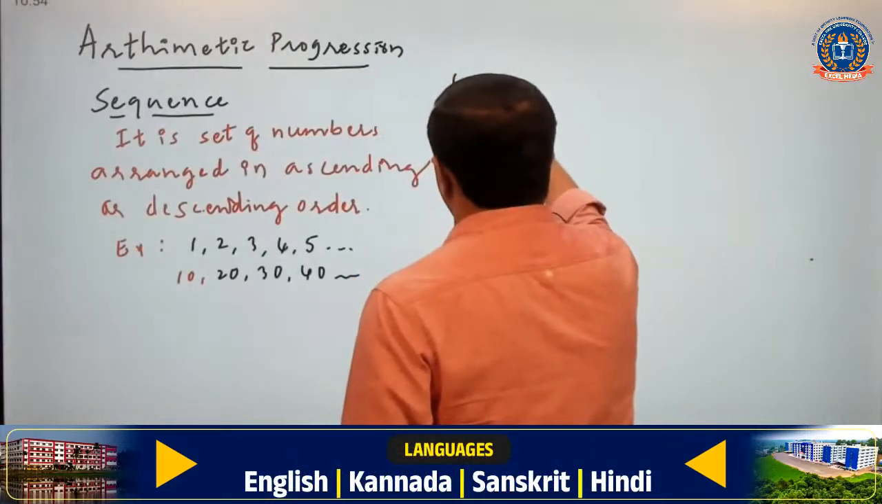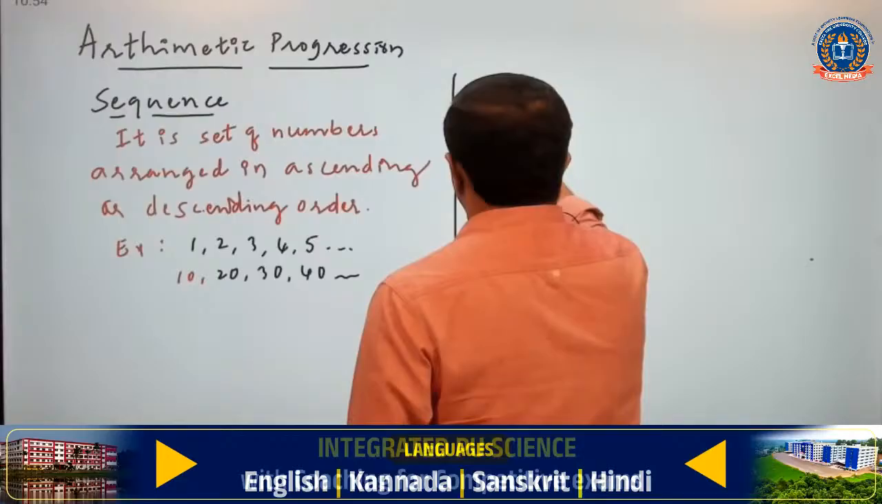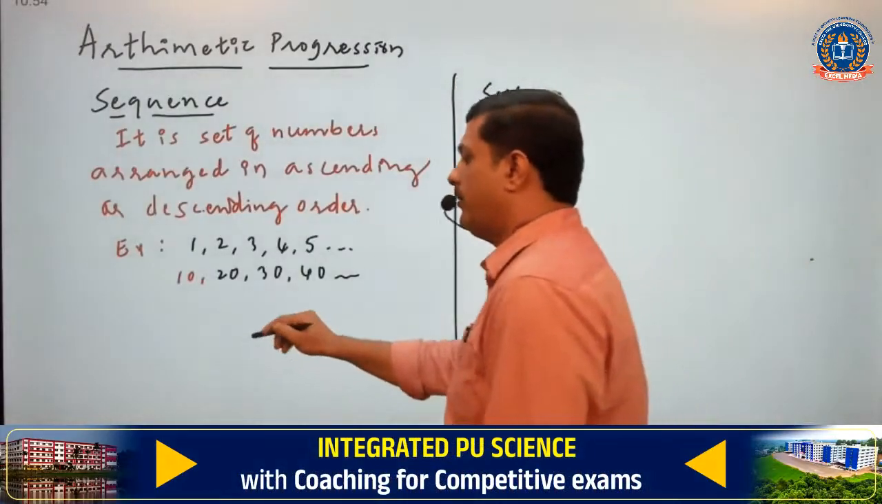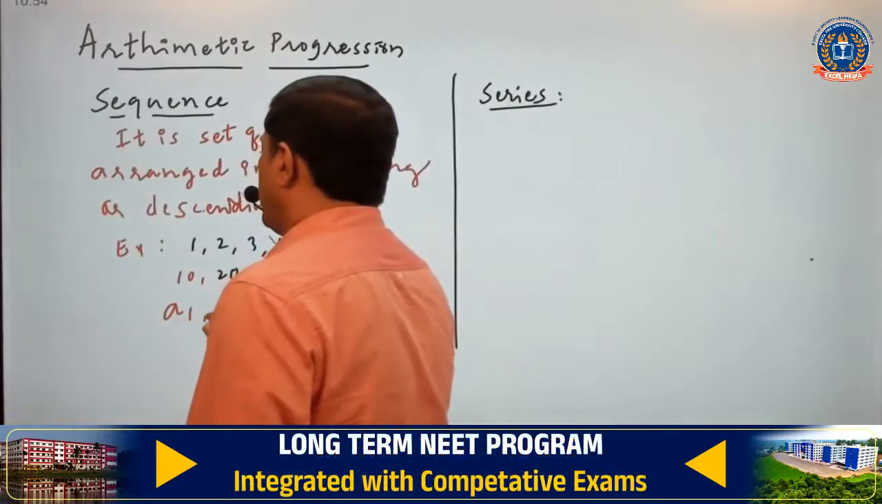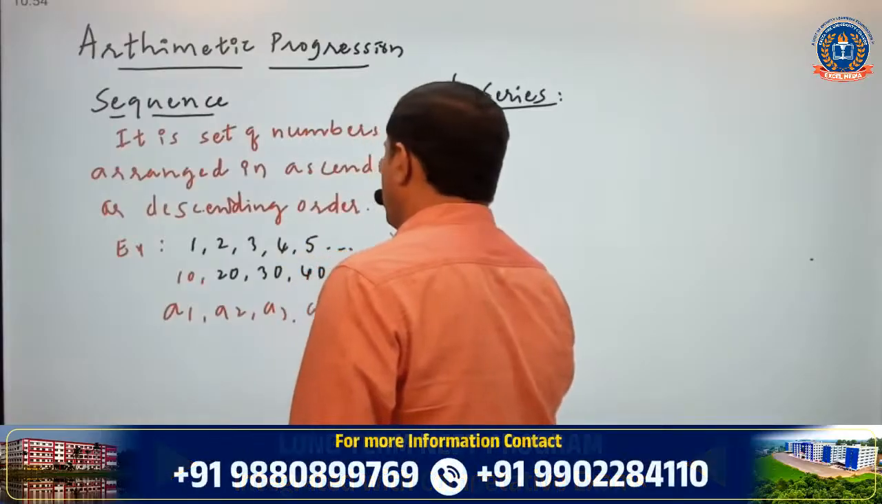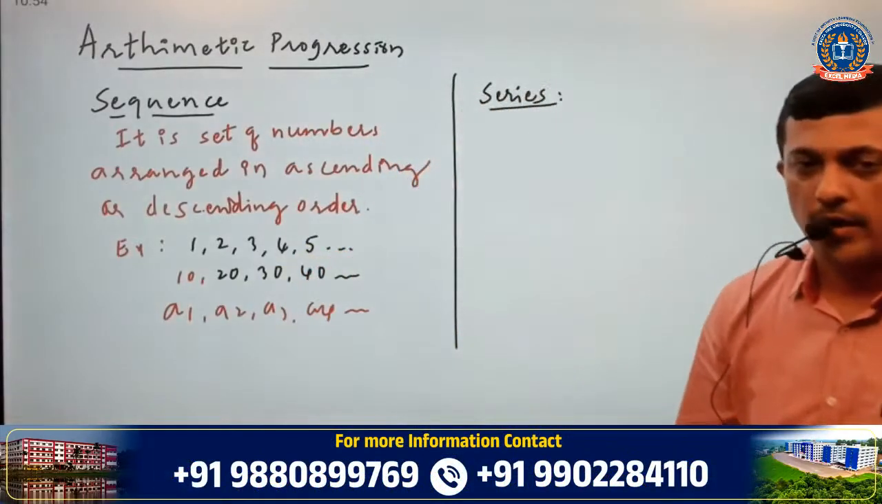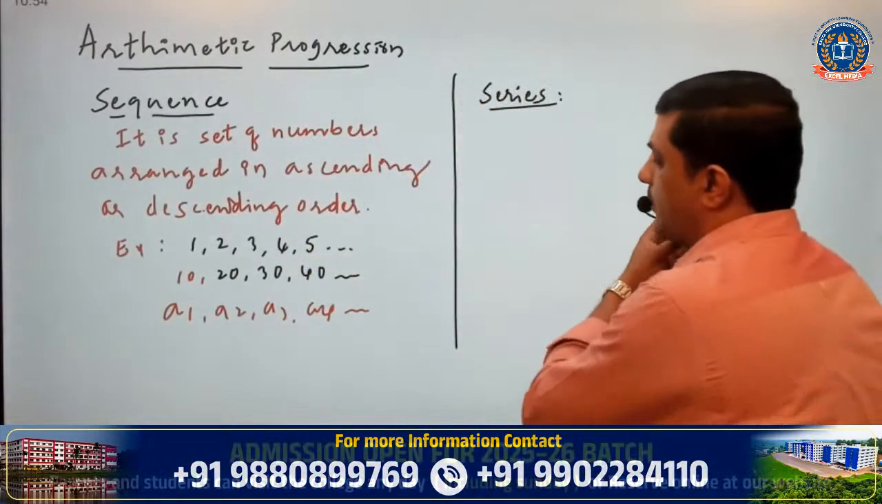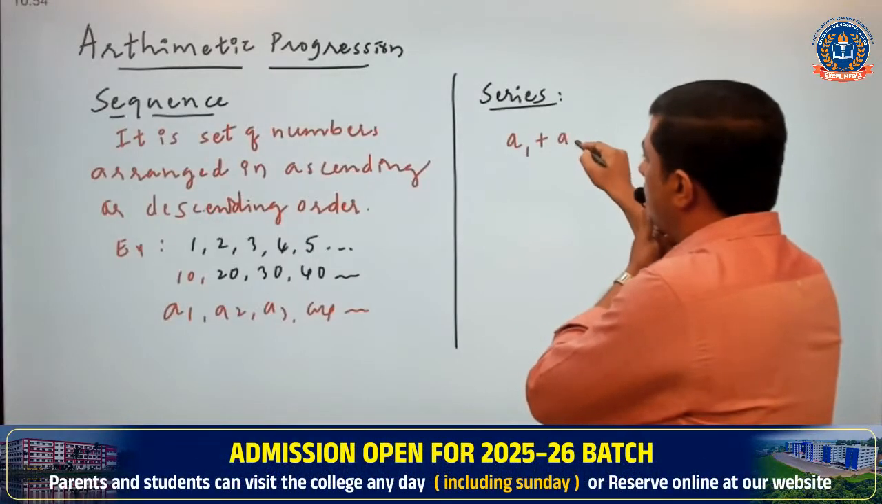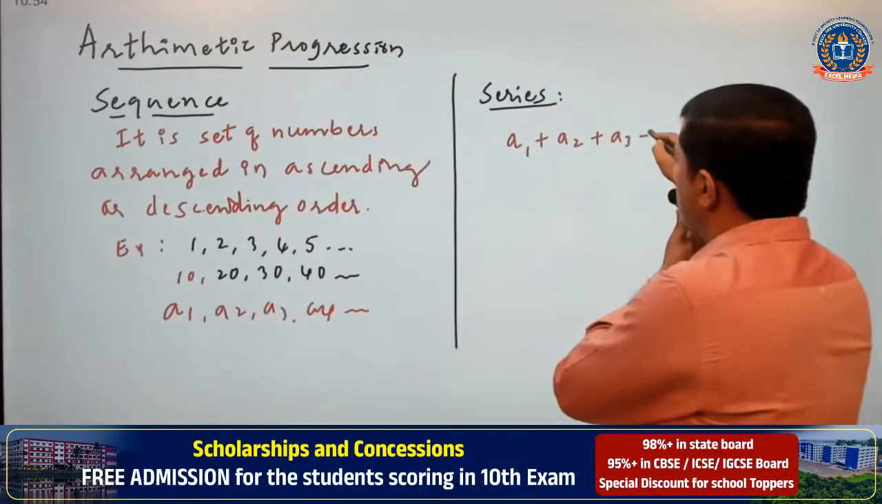And the next one is series. Right. In general, if we write A1, A2, A3, A4 and all that, they are the sequence. Now if we write the same A1, A2, A3 like this, A1 plus A2 plus A3 plus and so on